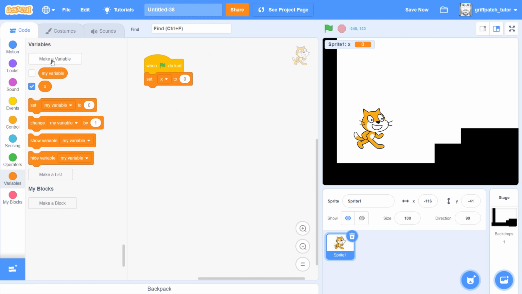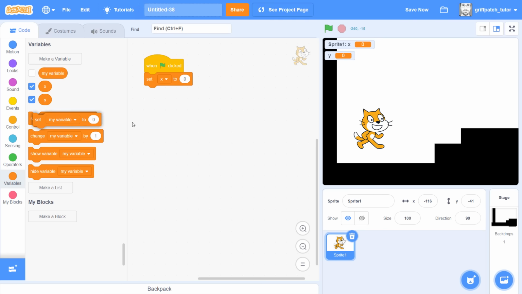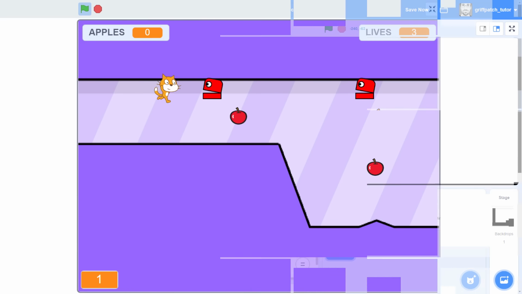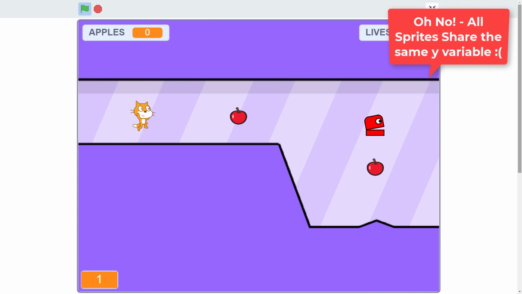Who hasn't been in a situation when they've created a variable for all sprites and only later on found it should have been for this sprite only? Well,